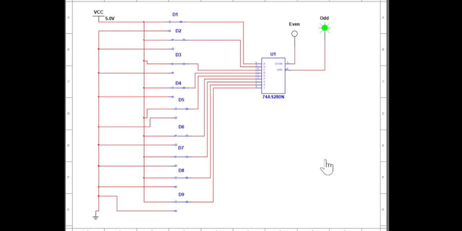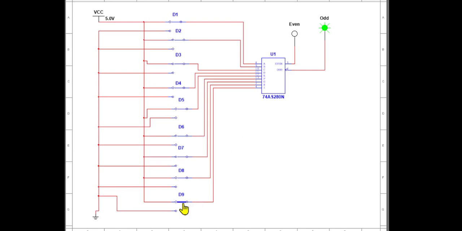So when you simulate, you can clearly see here your odd output is producing 1. That means your even parity is 1. As I said just now, when you are generating the parity, you are supposed to take the odd output for the even parity generation and the even output for the odd parity generation. When you are having an odd number of ones, your even output will be 0 because it is producing the odd parity, and odd output will be 1 because it is producing the even parity.